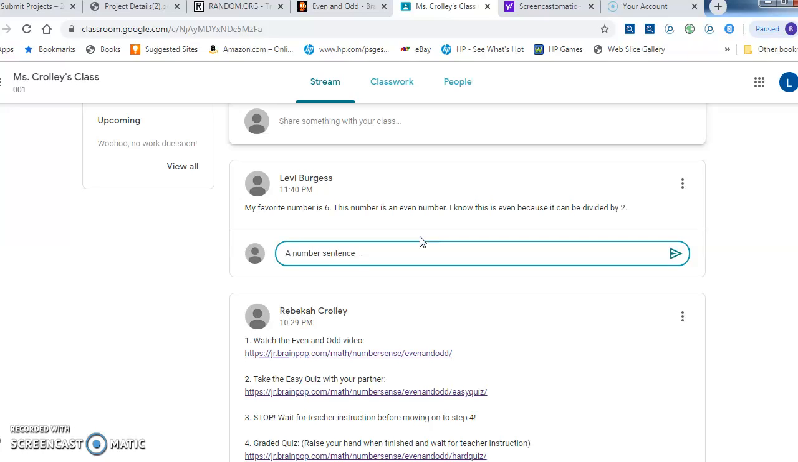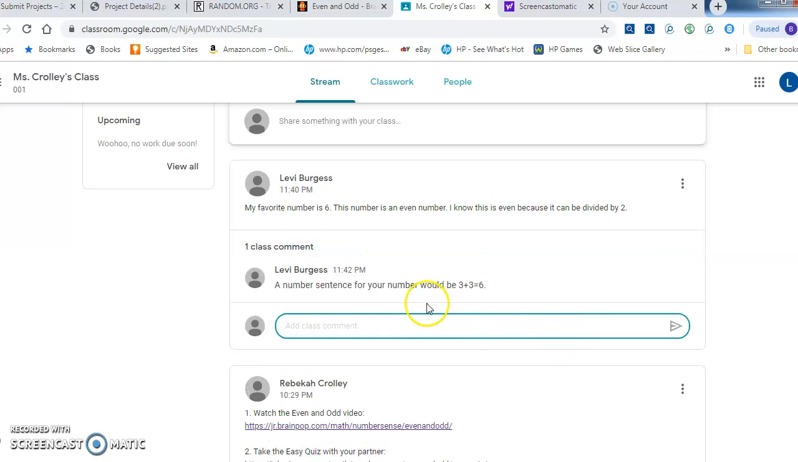sentence for, let's see, a number sentence for your number would be 3 plus 3 equals 6. They would click on this arrow to post their comment, and I would be able to